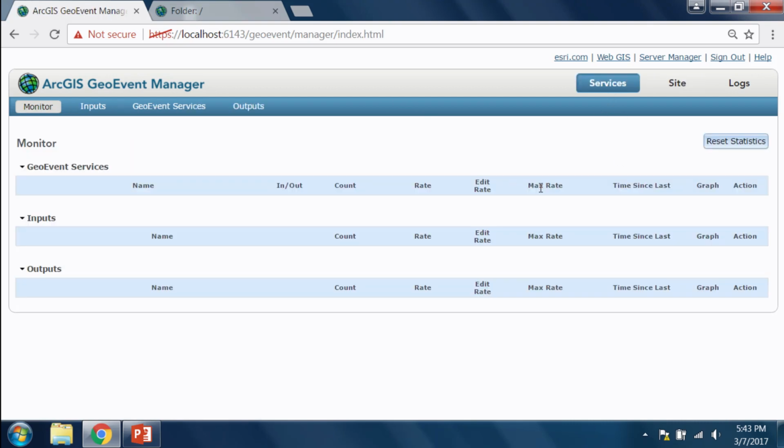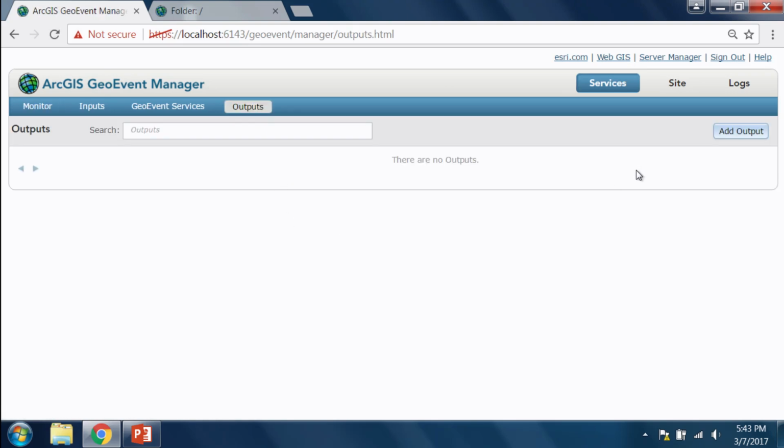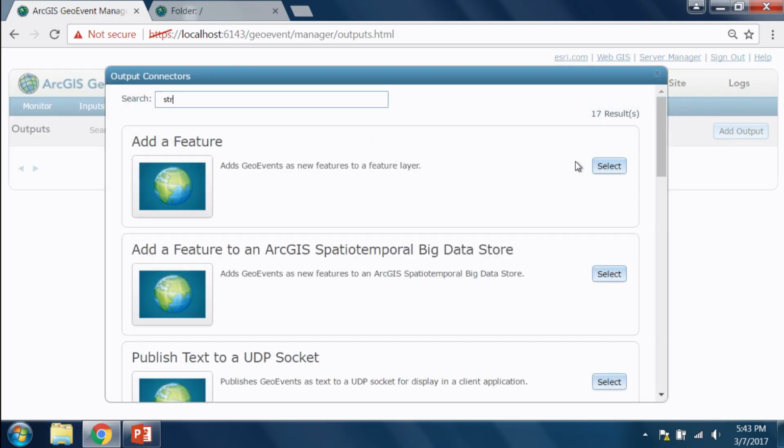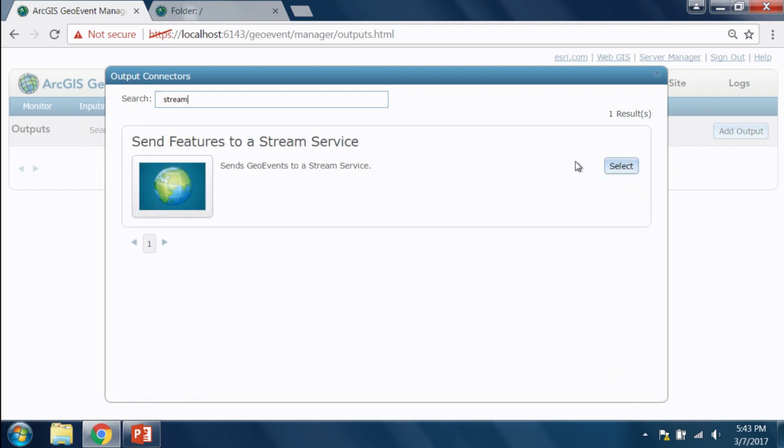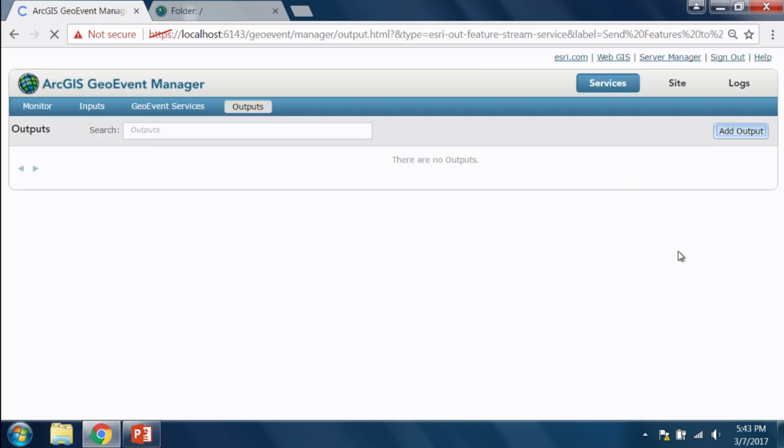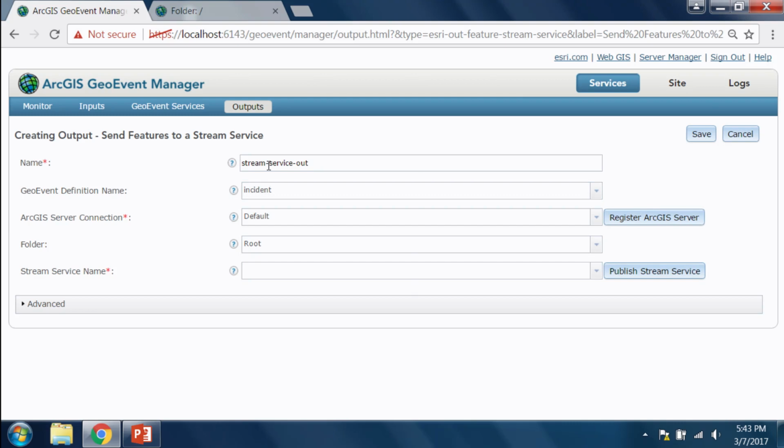So the first step, as I mentioned in this process, is to create an output. So I'm going to send features to a stream service in this case. So I'm going to create a stream service output connector. So these are the properties of the stream service output connector. I'm going to name this stream service out, and I'll connect to the default ArcGIS server,